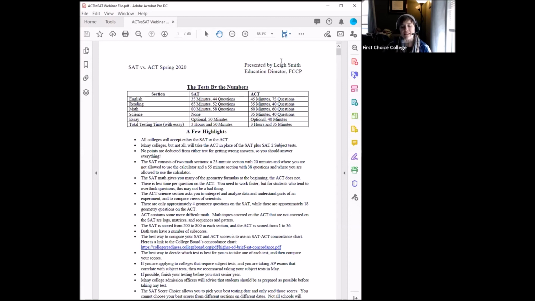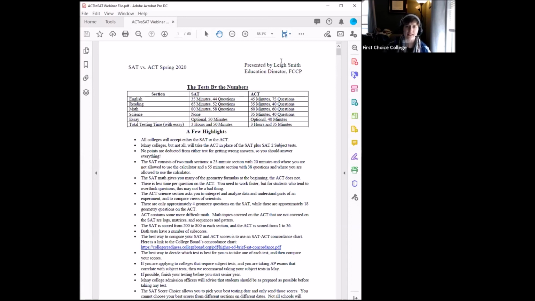So that means that even if a student has currently been planning to take the SAT, and I know it's not uncommon for a lot of my Connecticut students because they were taking the school day SAT, a lot of them are already prepping for the SAT, so they just continue prepping since they kind of have to anyway. But for my kids who were planning on taking the SAT and aren't going to anymore, I highly suggest that they focus on the ACT now, because most of them do equally as well on both tests. So it makes sense to study for the test that is available right now.